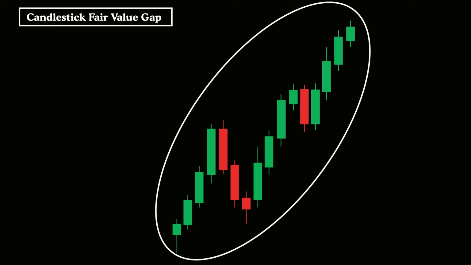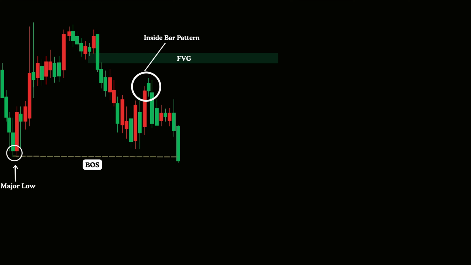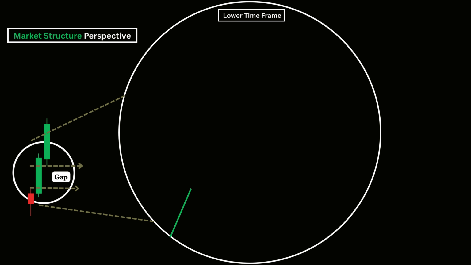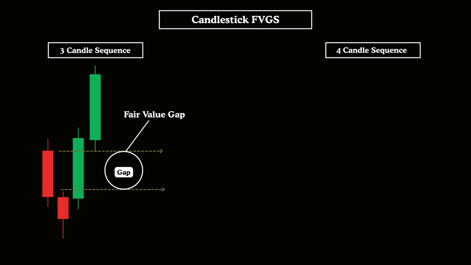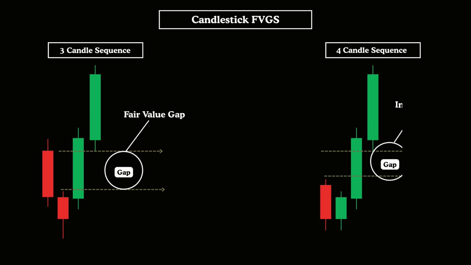Lacking the ability to properly identify clean and high probability fair value gaps can be dangerous and may lead to major trading losses. Fair value gaps, often missed by many traders, are actually traces left behind by institutional participants. They serve as key indicators for building precise and informed trade setups, and they form a fundamental part of the smart money trading approach. In today's video, we're going to explore different forms of candlestick fair value gaps, understand the trader psychology behind them, and examine the price behavior they often trigger in real market scenarios, from simple setups to